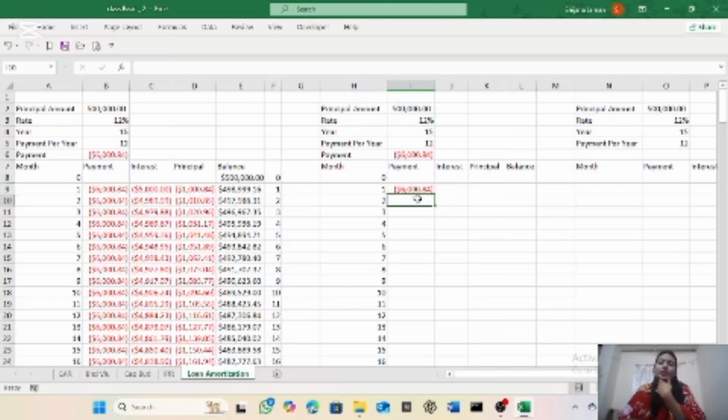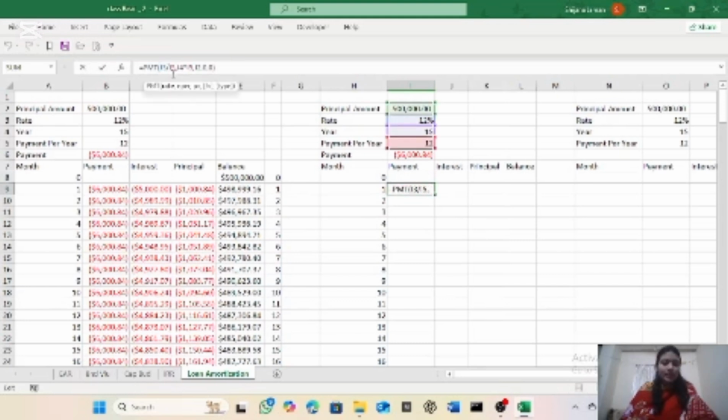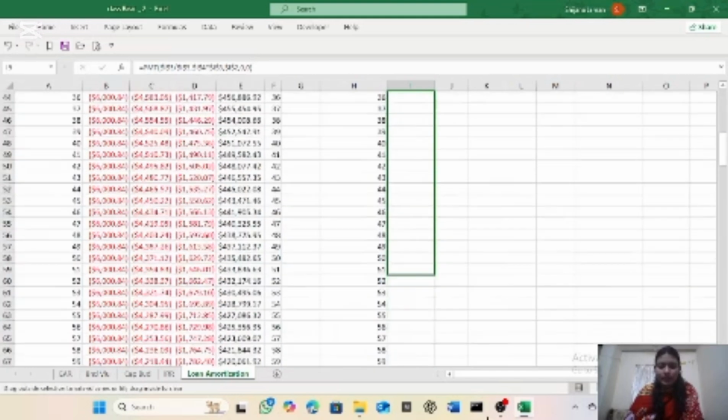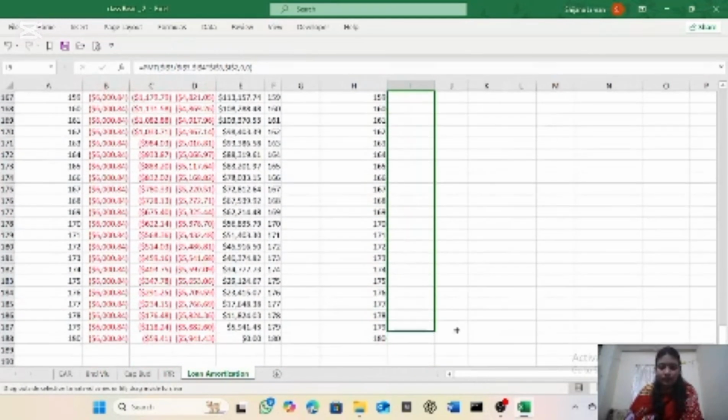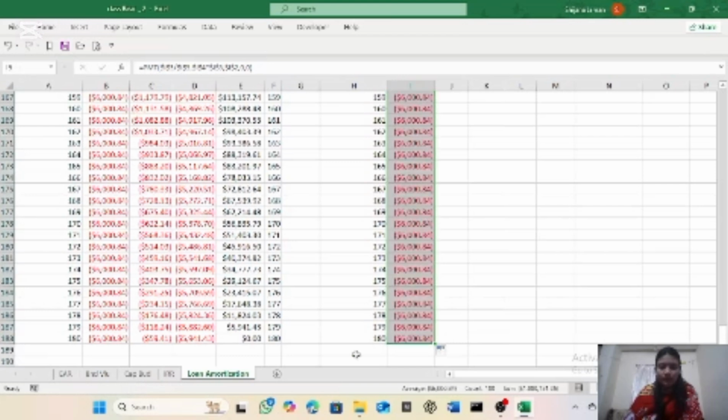To fill this series we have to freeze it, so we go to the function bar and press F4. Yeah, we freeze our entire values without zeros, so enter. Now we fill the series. Our payment